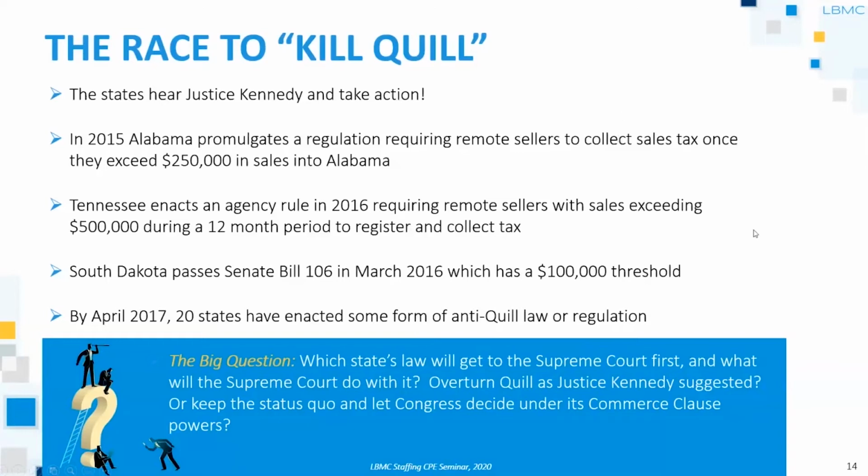That's the big punchline. And before I get to the punchline, there were a lot of us in this industry who thought, well, yeah, maybe physical presence is not a great answer, but it's been around for 50 years. We don't think the Supreme Court is going to overturn that. They haven't yet. They've kind of left it to Congress to step in. And so a lot of folks, including myself, thought, well, yeah, the court's going to just uphold Quill. The flip side of that would be too chaotic. I mean, can you imagine what would happen if Quill's gone and every state gets to impose their own economic nexus provision? It could be 100,000, 500,000, 250,000. Can you imagine the chaos that would ensue were that to happen?